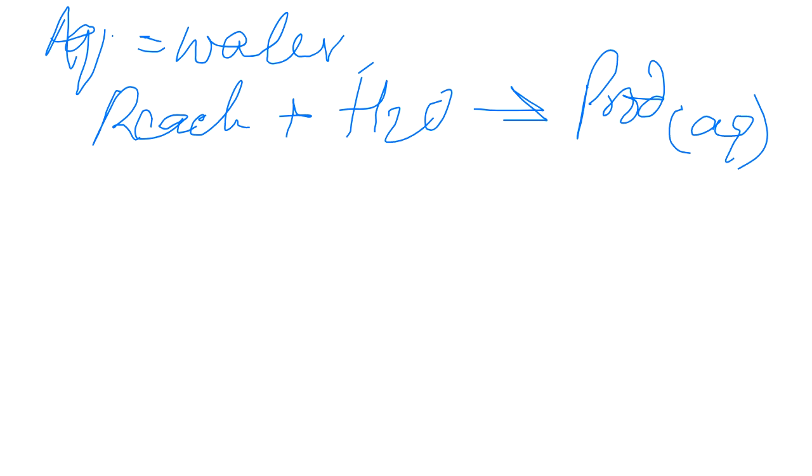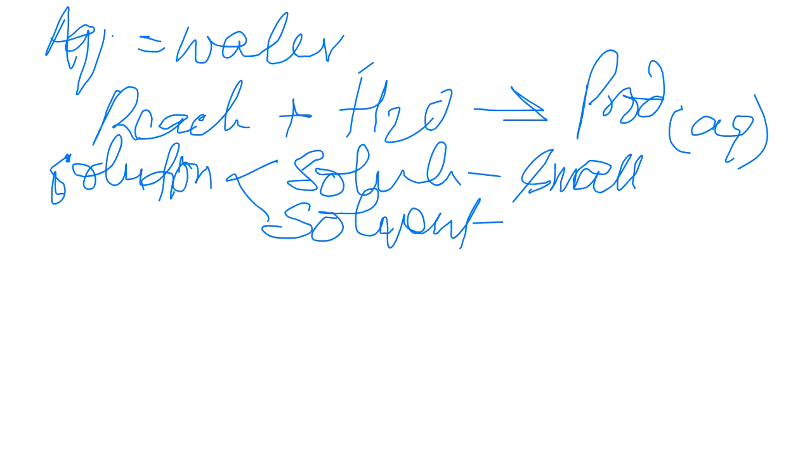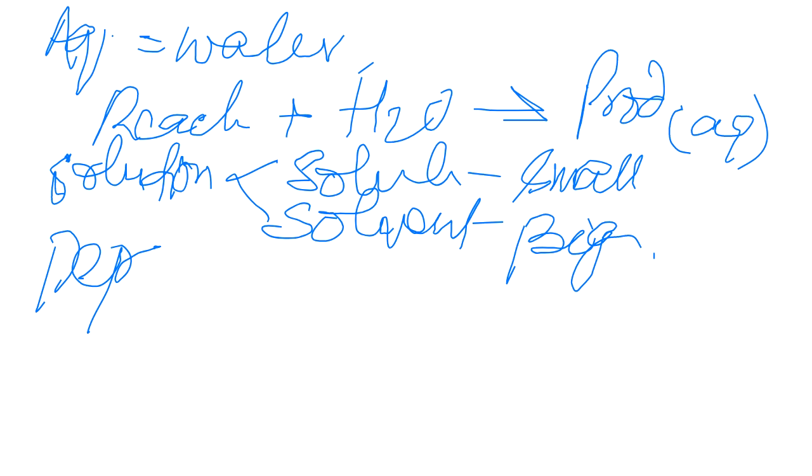So the solution is there. Solution means the reactant plus the product you have. The solution contains two parts, solute and solvent. The solute is always the small amount, and the solvent is the big amount. So in this way you should know that. Suppose, as an example, we have Pepsi Cola, right? Pepsi or Sprite. In this Pepsi or Sprite, which one is the solute and which